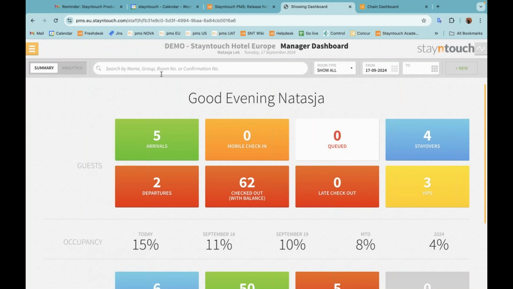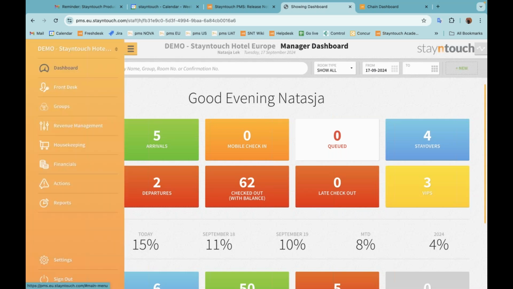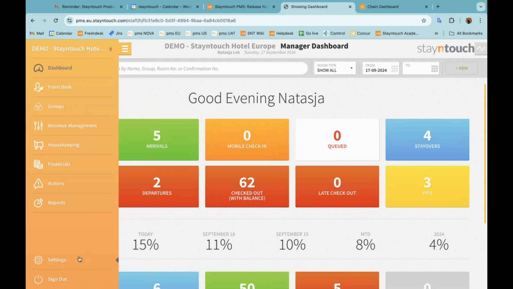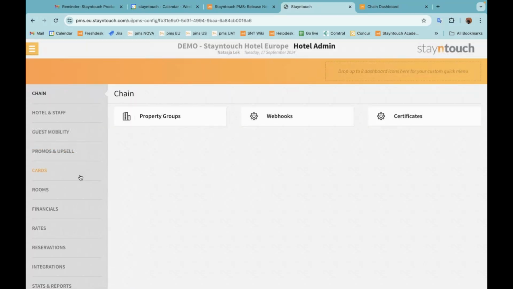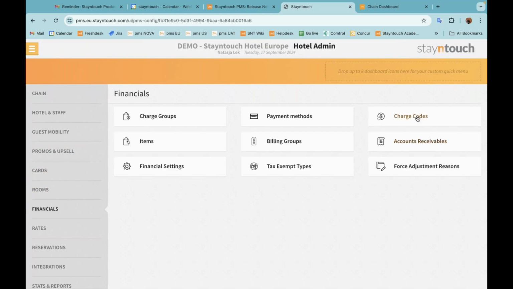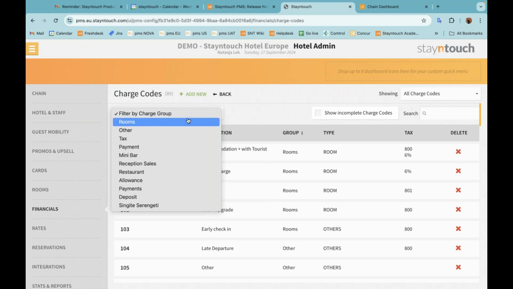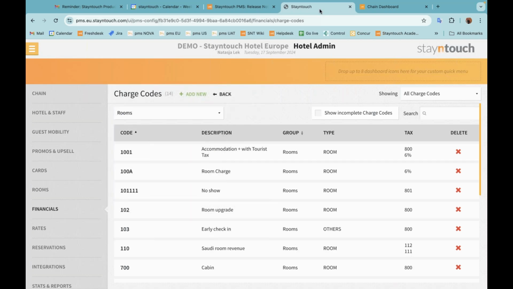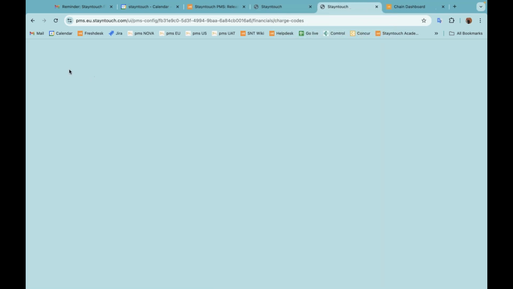So the first item on the release notes of 5.85 is that the comparison report now shows the default sort order of charge codes as set on the charge code number. So when I go into my settings, we can see under my financials and charge codes, when I use, for example, the charge group rooms, if I run my comparison report,